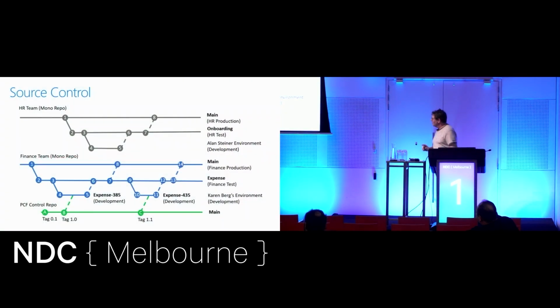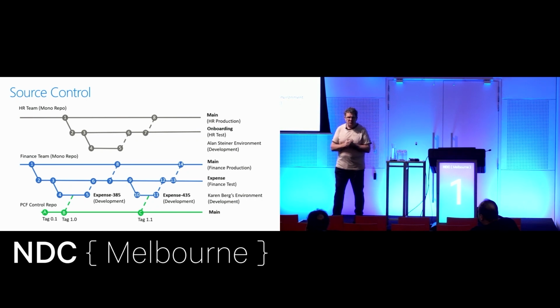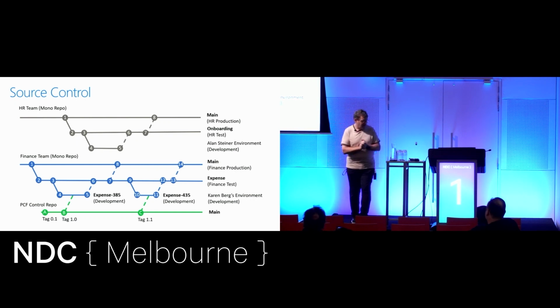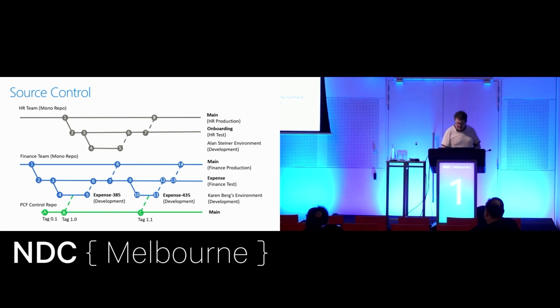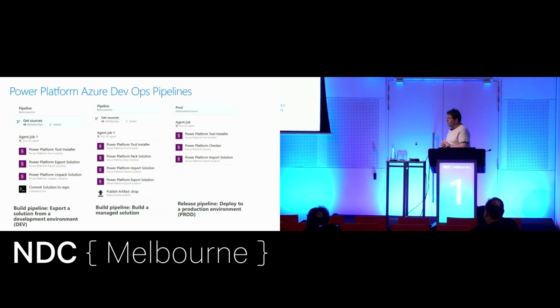Beautiful. All right. So, of course, what you want to be able to do is have a decent branching strategy. And can you imagine trying to explain this branching strategy to a set of low-code developers? Probably not. It's not the easiest thing in the world. Fortunately, we have a bunch of tools. Azure DevOps has given us pipelines, and we have a bunch of Power Platform capabilities in our Azure DevOps pipelines that allow us to go and get the source. We can do all those things I did manually with the extraction and the export and the putting into Git. All of that can be done as Azure DevOps steps. And we can deploy things in the same sort of way.